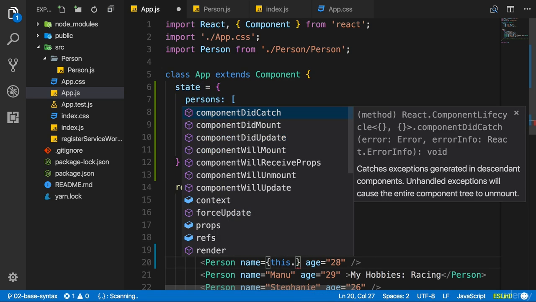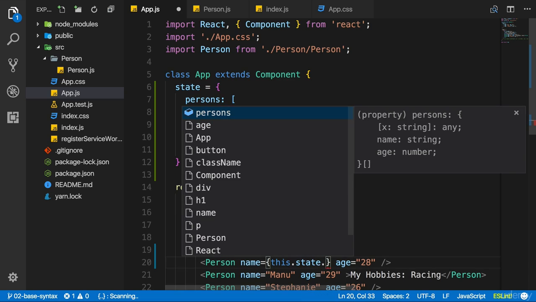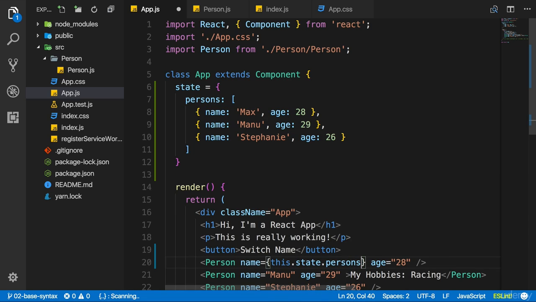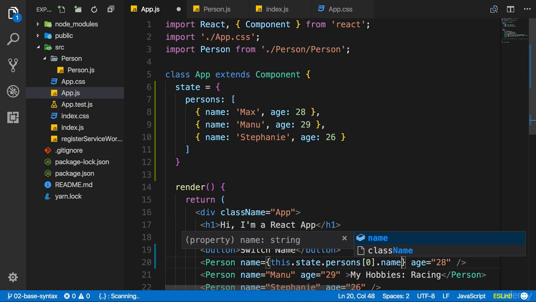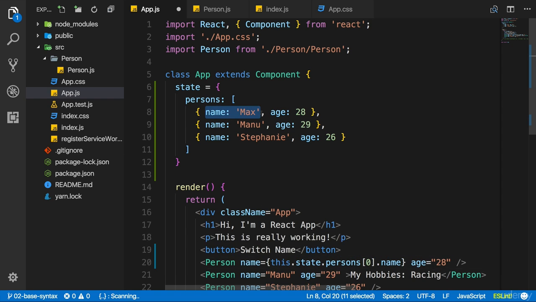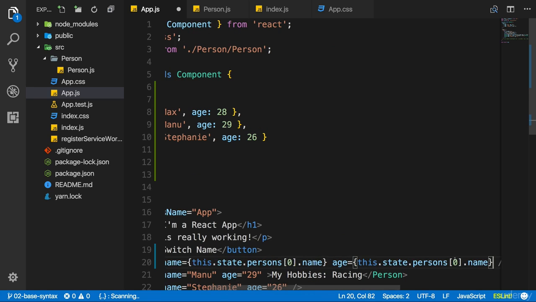So here we can then access this state, and on state, my persons array, there maybe the first element by using index 0, and then the name. So instead of hard coding it, I'm now accessing this property in this object here in the persons array on the state property. Now I'll copy this code here and replace my age with it too.